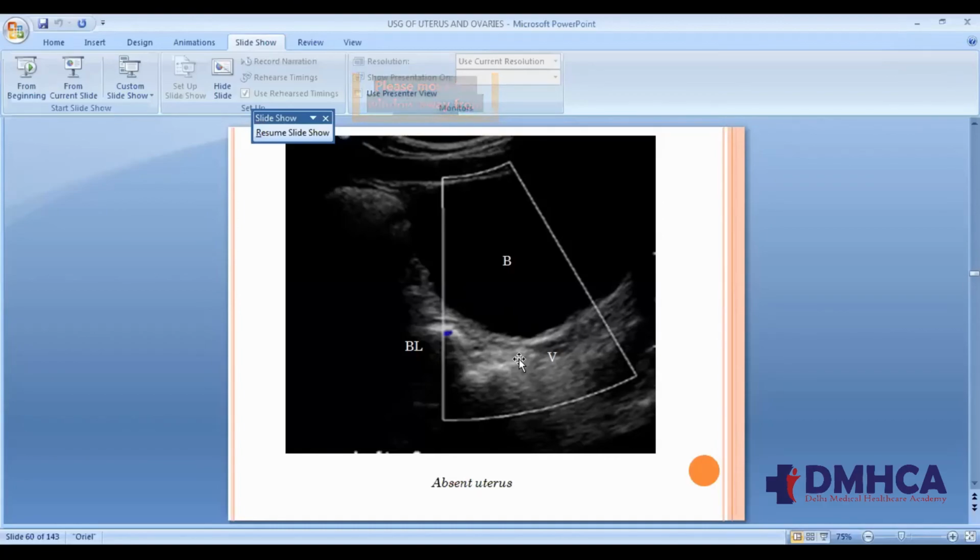This is my case. She was a girl of 15 years. She was not menstruating at all. Parents were quite tensed about it. They came, and as soon as they landed up to us,